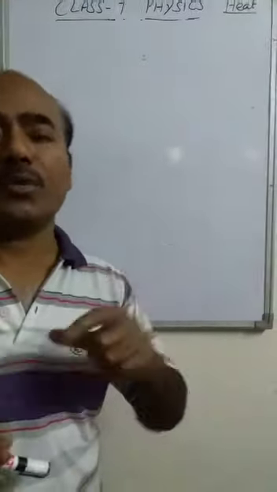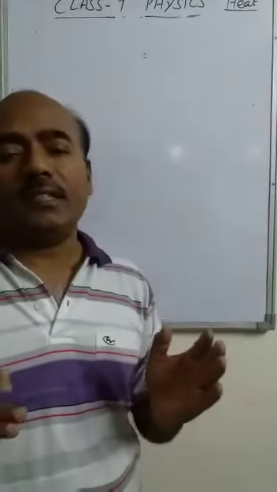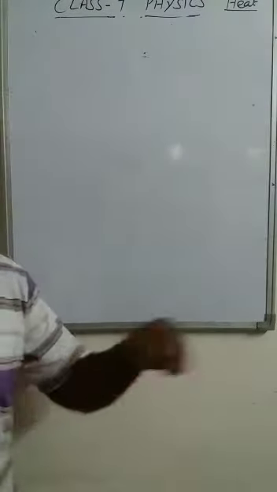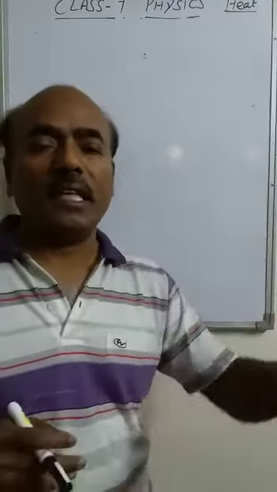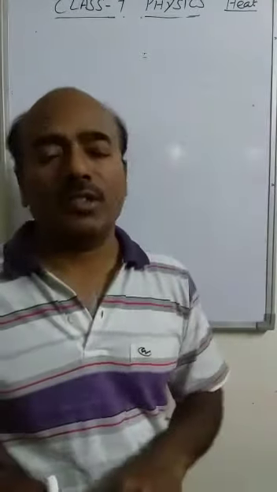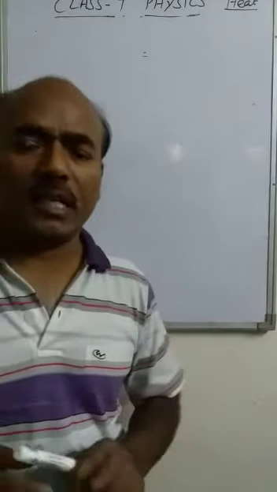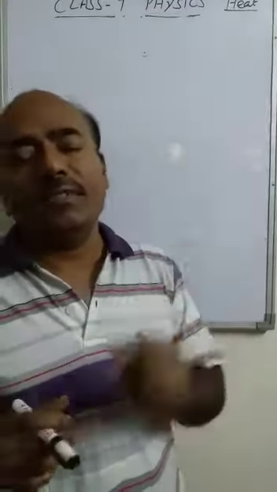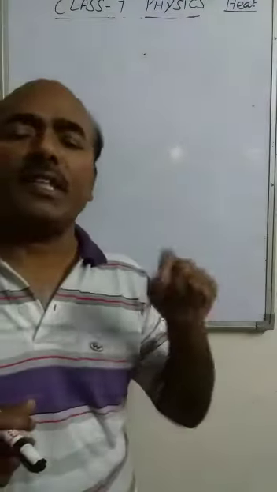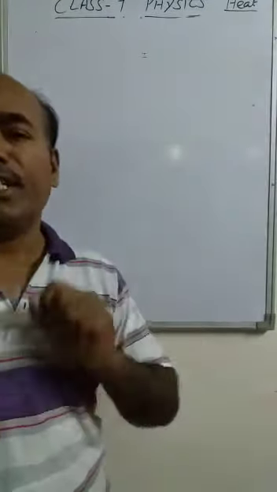Least count. Least count is the general term for all the devices on which they have the divisions, small divisions. You have the scale, and that scale has the least count. You have the wristwatch, analog watches. It is also having the least count. Whatever be the device having divisions, small divisions, definitely there is least count. The thermometer is also having the least count because on the walls of thermometer divisions are made.